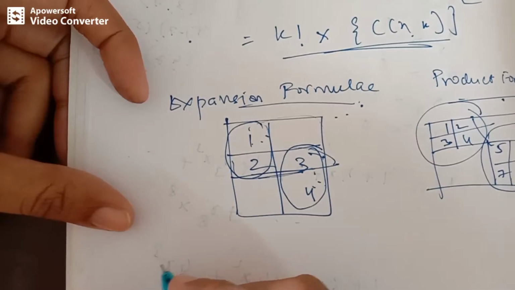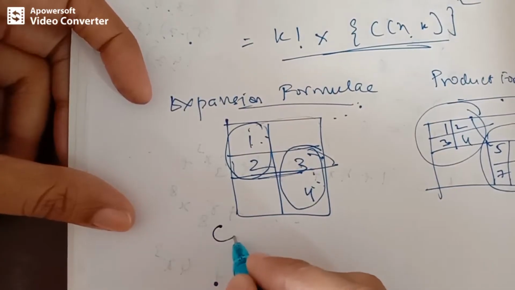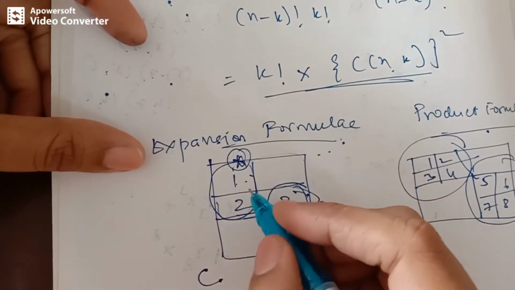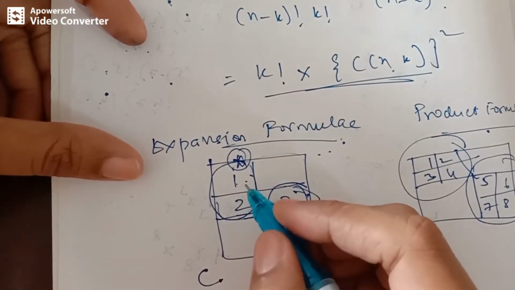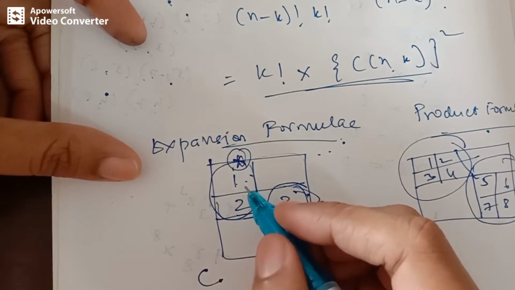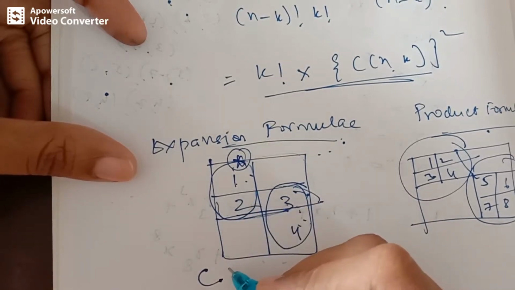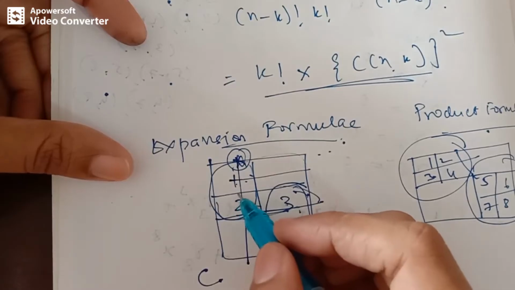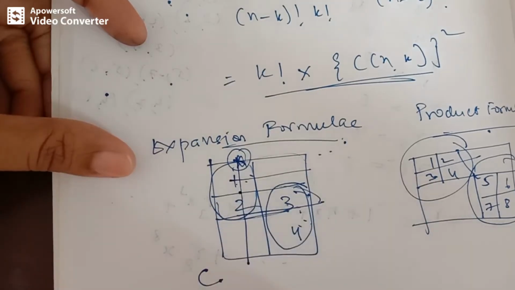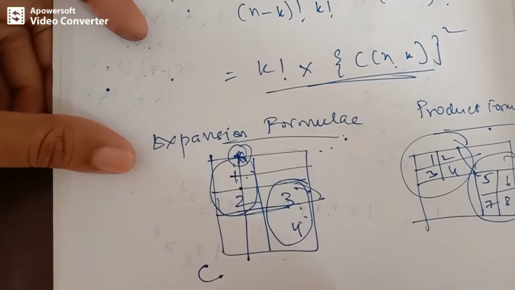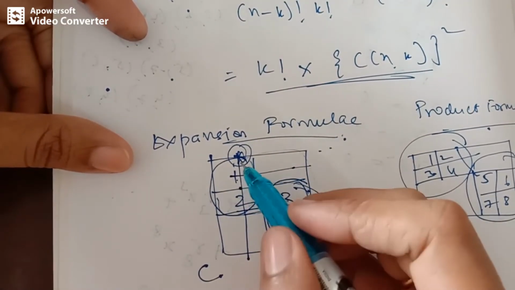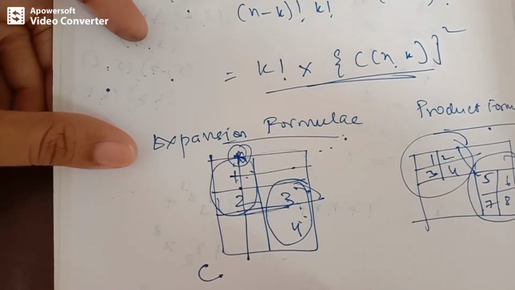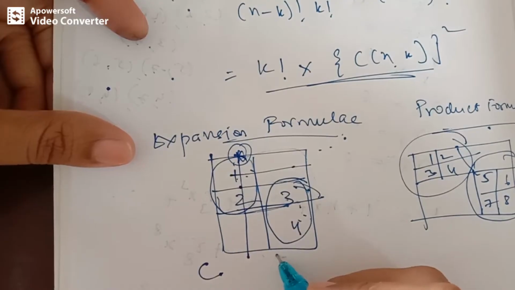So what is this expansion formula? Let's say in a given board C, suppose we choose a particular square and mark it as star. So let D be the board obtained from C by deleting the row and column of that particular square. So we are extracting a board called D by deleting the row and column where we have marked star. So what will be the remaining board? 3 and 4, if you take this example, right?